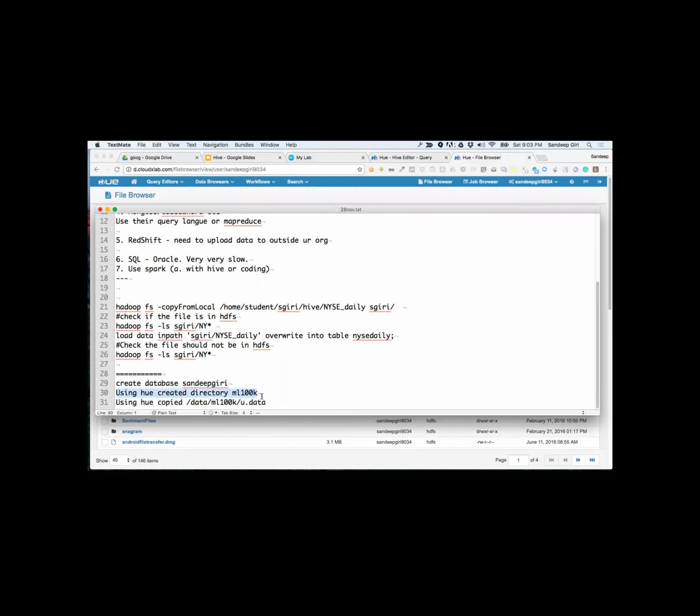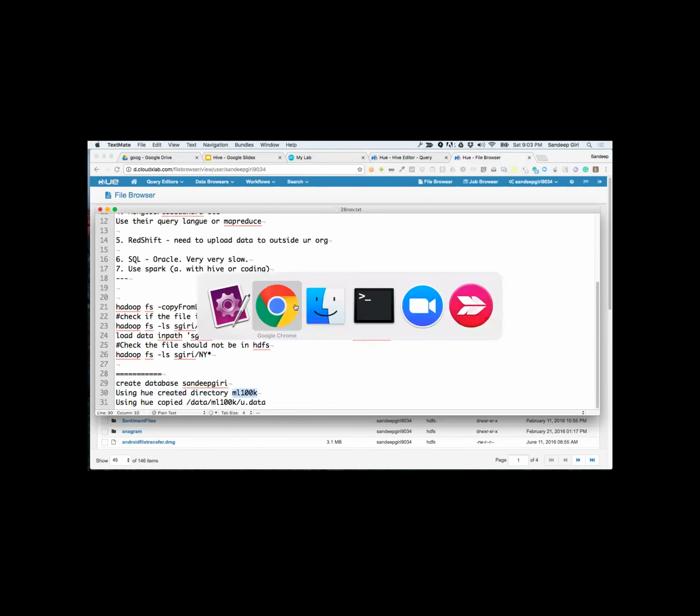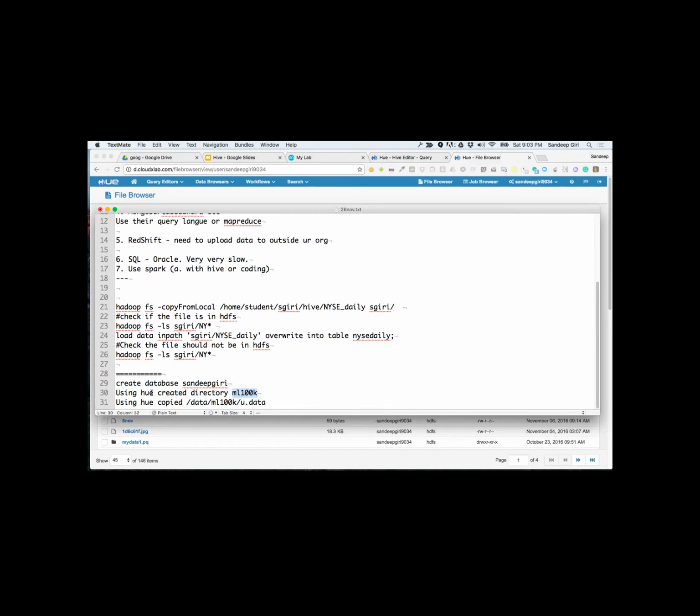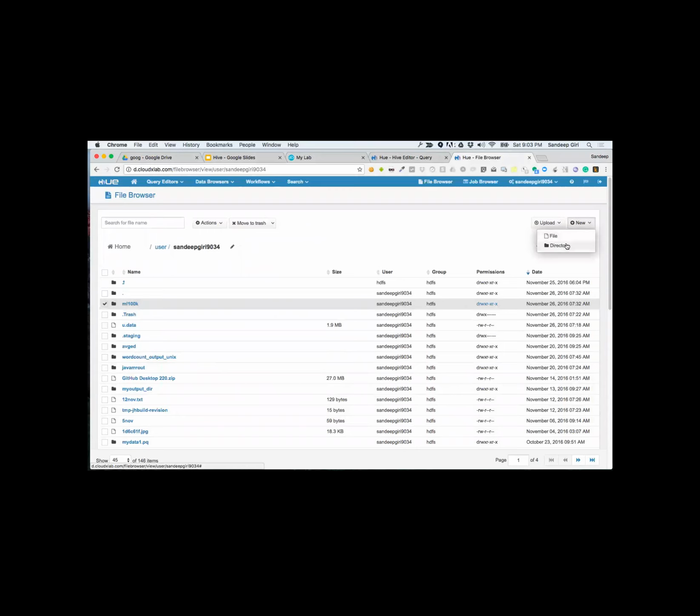Can we create a Hue directory ML100K in your home directory here? This is HDFS, so we can also use Hadoop from the console. We can do everything from the console as well. You see new directory on the right top.